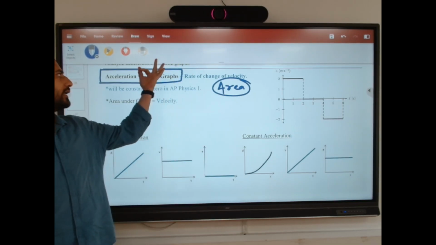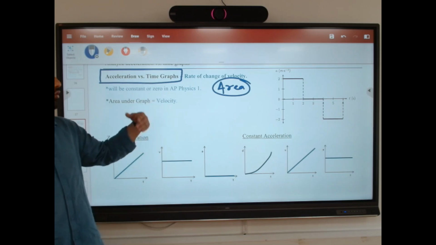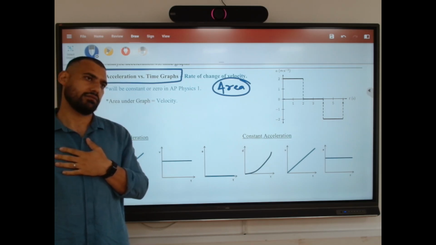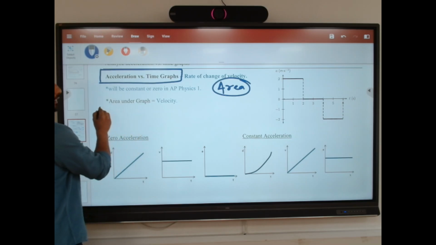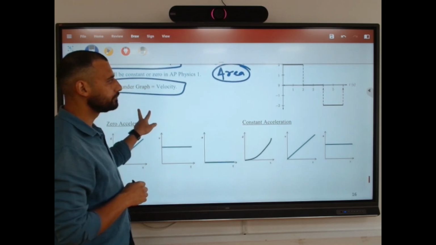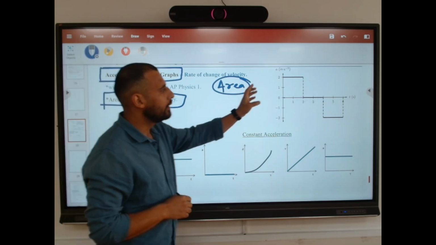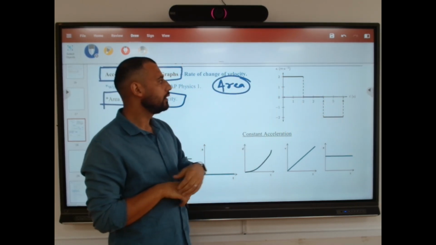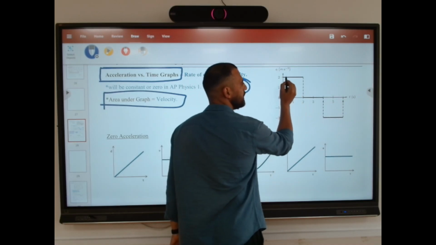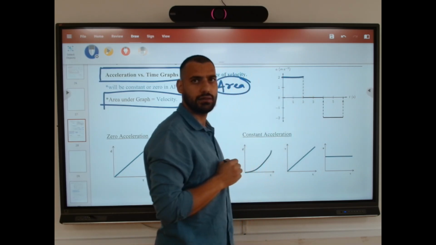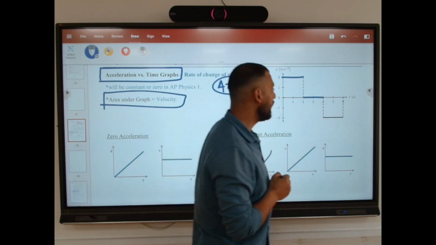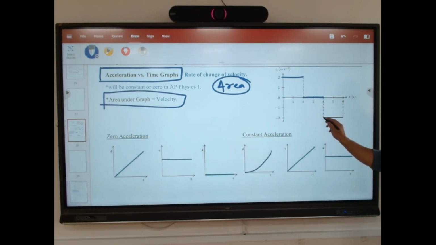Is that clear? So if you take the area of the acceleration-time graph, the area will always give you what? Velocity. Is that clear? You have to remember this. Area under the graph will give you velocity. Clear? So see, there is an acceleration-time graph. What is the acceleration from 0 to 2 seconds? Yes, it is 2 meters per second squared, isn't it? Yes. Then from 2 to 4 the acceleration is 0, and then from 4 to 5 the acceleration is negative,